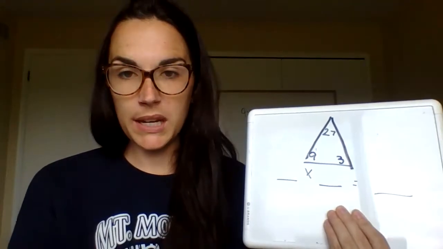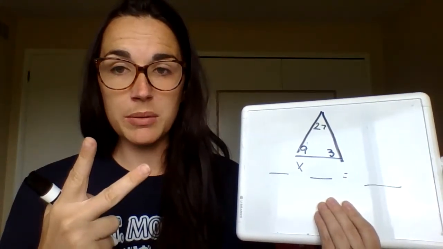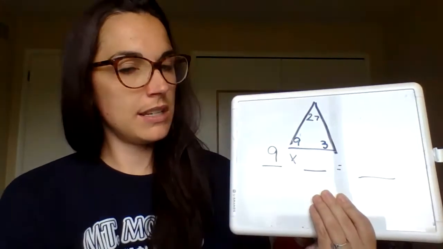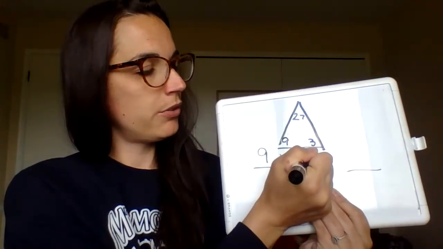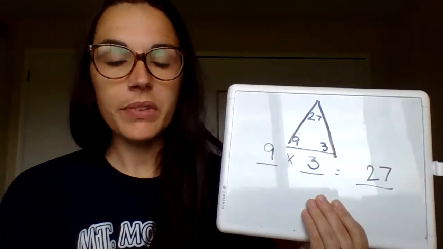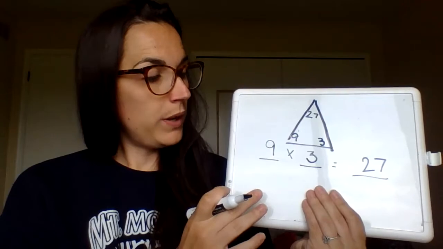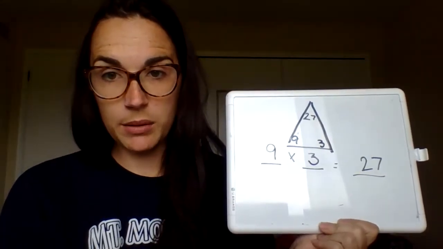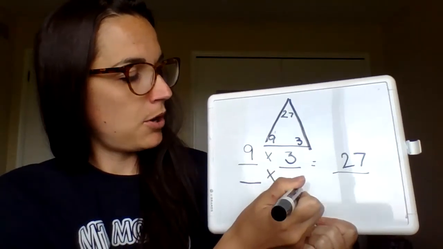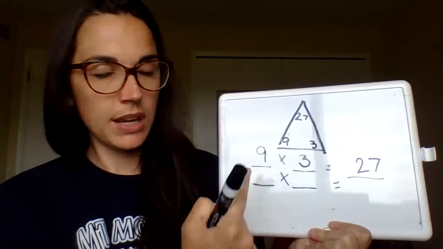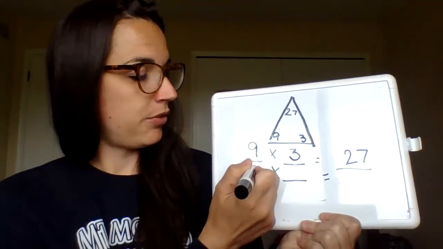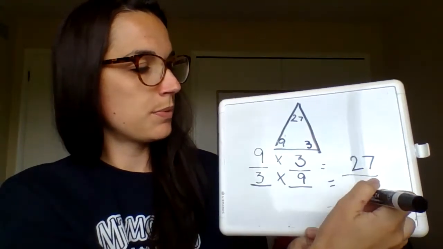Okay, now in multiplication, I know I'm going to take the 2 smaller numbers to make the bigger number. So for example, let's think I have 9 stickers in each group. I have 3 groups. How many stickers do I have in all? 27. Now, along with that, we have the commutative property in multiplication. You probably remember that from school. And all that means is in multiplication, the 2 factors can be flipped and you will still get the same answer. So that would sound like this. If I have 3 groups and there are 9 in each group, I still have